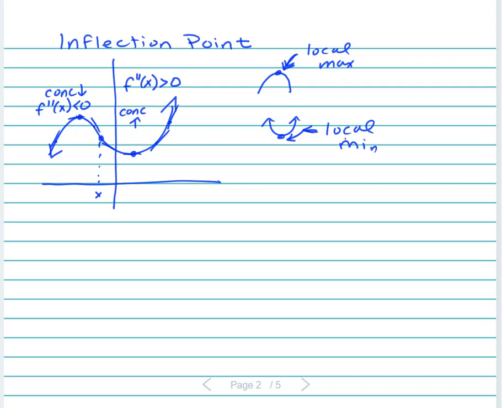So let's finish off with the inflection points before we get too far here. One thing about this inflection point is the concavity is changing there. So it's concave down to the left and concave up to the right. In order for concavity to change, so in other words, in order for the second derivative to go from negative to positive, it has to either go through 0 first or be undefined first. So to find inflection points,